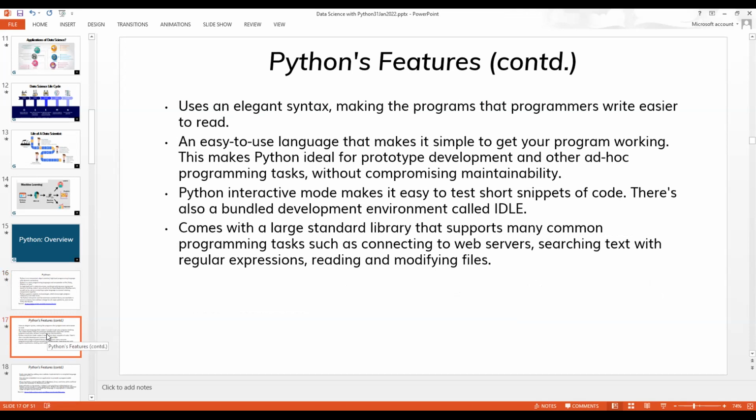So the Python founders say Python uses an elegant syntax, making programs easier to read and write. Everybody says that my handwriting is the best, so I believe whatever I write, everybody can read, but that's not the scenario. Many times my teacher told me, you write what only God can read. Sometimes even I couldn't read what I wrote 10, 15 years ago. But as we say, yes, I'm the best, Python is the best, and we can go on and on gloating ourselves.